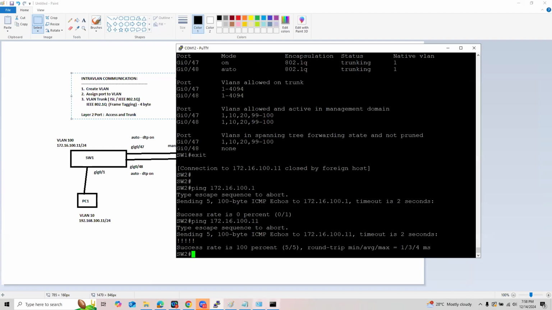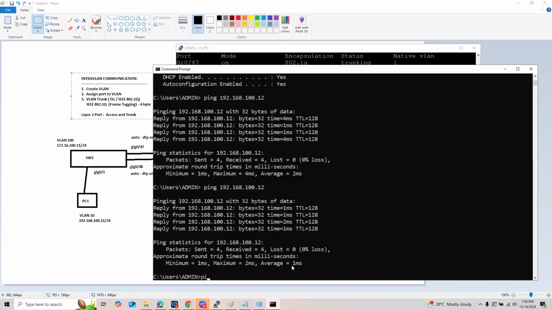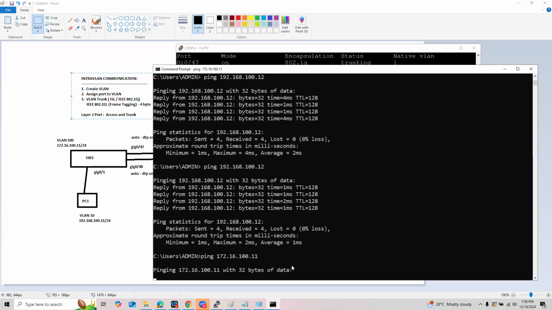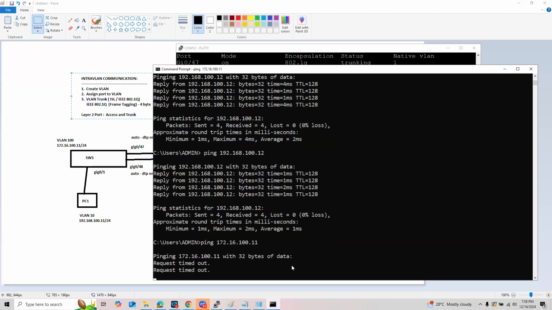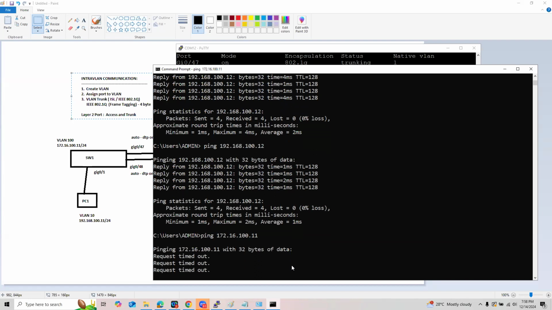But guys, we cannot communicate with 172.16.100.11. The PC cannot communicate to switch 1 as well as to switch 2 because the switches are in a different VLAN. And these two VLANs are in different subnets, different broadcast domains, so they are actually in different networks.